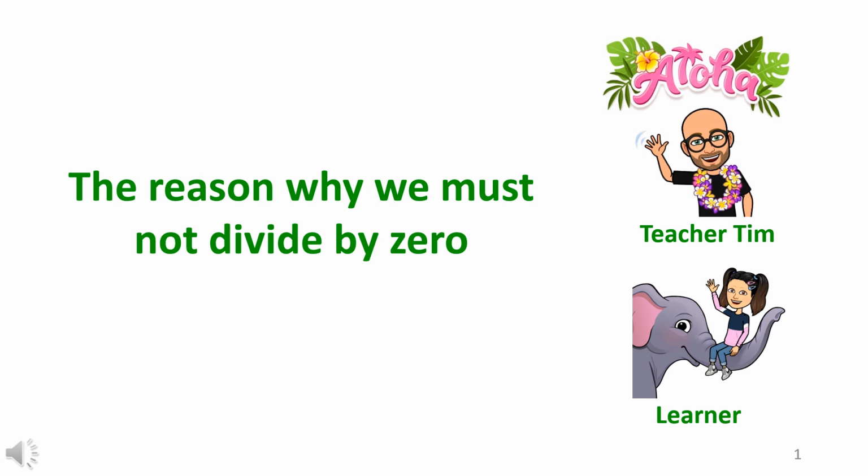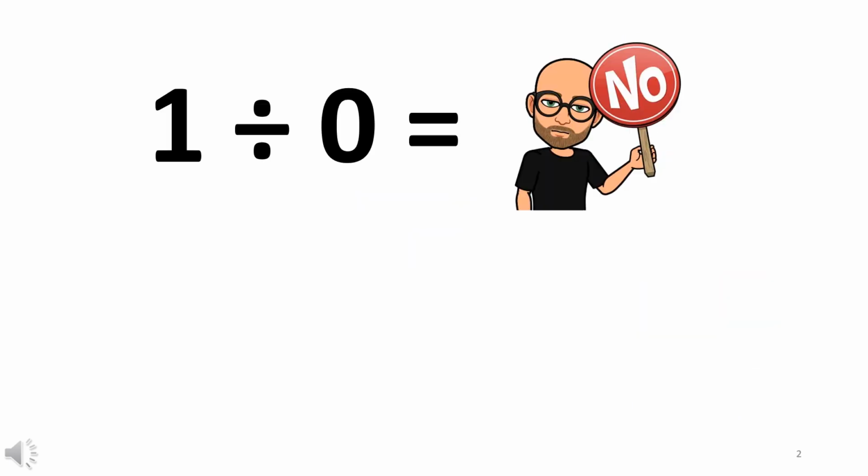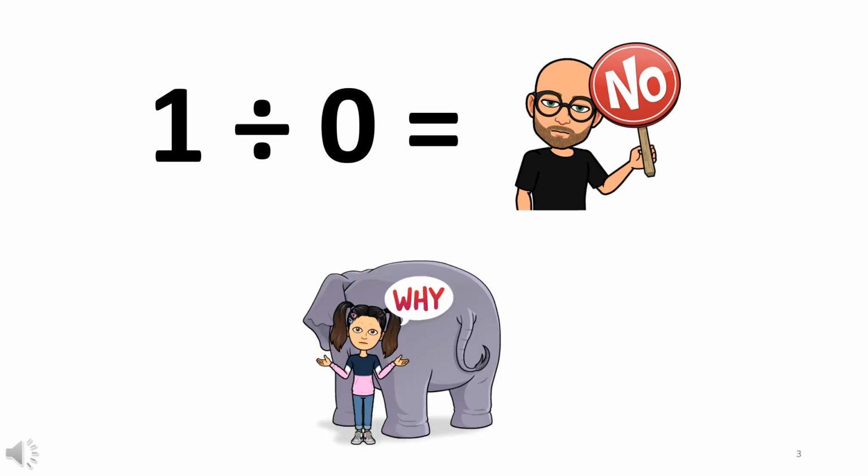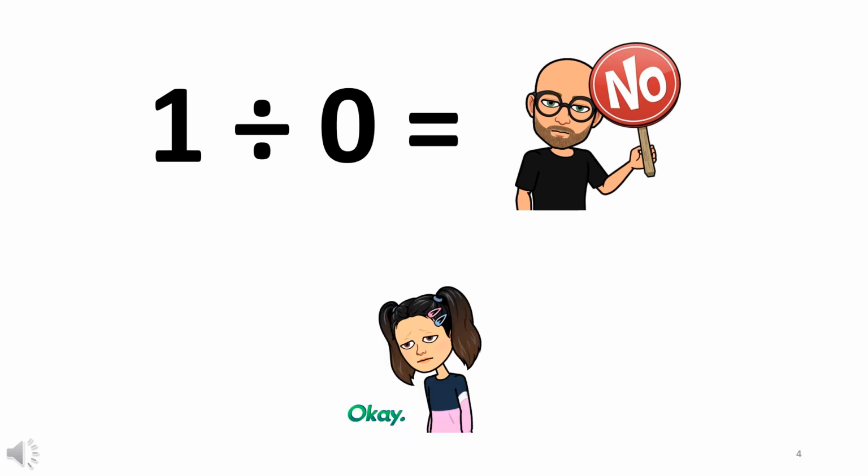Let's dive in and explore the reason why we must not divide by zero. As early as in primary school, learners are told not to divide by zero. At first, they usually do not accept this restriction. They keep asking. They want to know why not to divide by zero. Later, they often get used to the restriction, but they do not actually understand why they are not allowed to